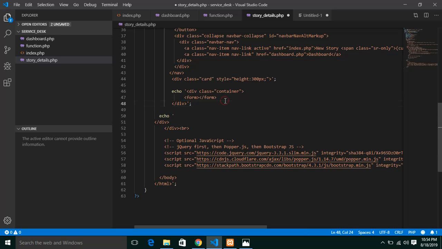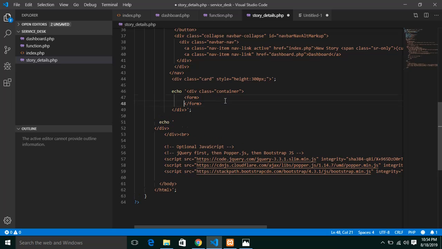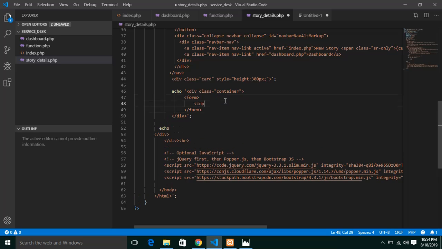For now I will just add input type equals text and value equals, here we'll be putting our value, so we'll have class of form control,